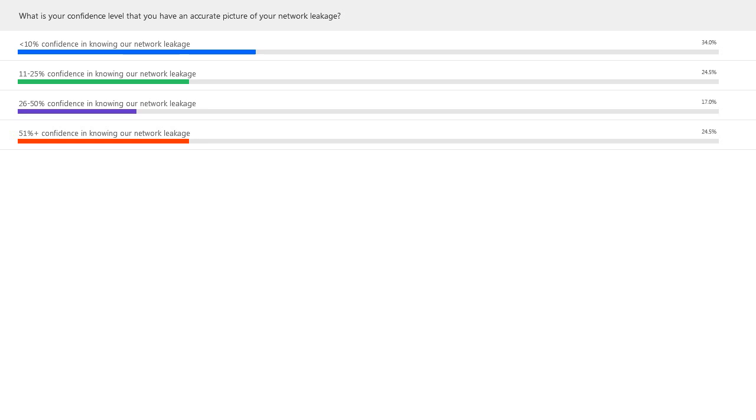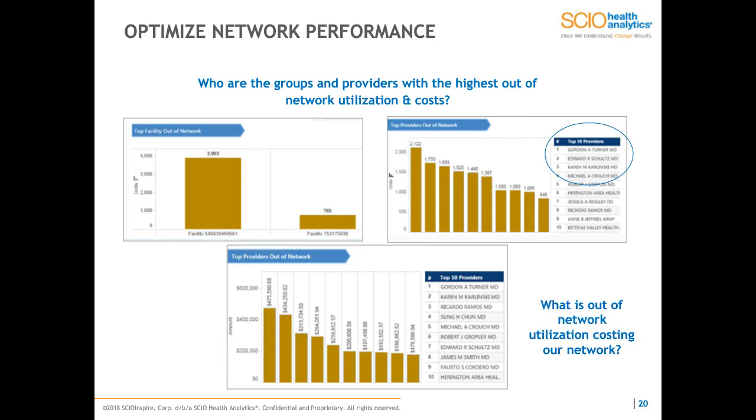So let's talk just a little bit further about that and just to get a lens on that. So there are a couple different ways, obviously, to look at network leakage. First, looking at a facility level, understanding the providers in any one network and where that leakage is occurring. Finding out, again, as we look at the dollars and cents of that leakage, not just the overall number of units of care, if you will, that have left. It's important to find out who those outliers are and really get under the covers,